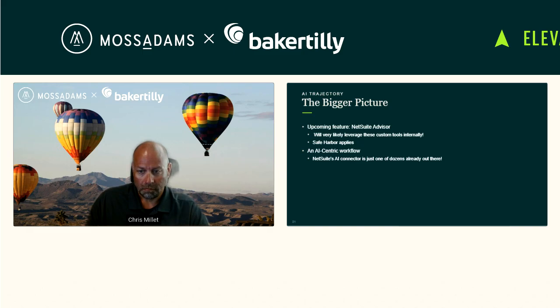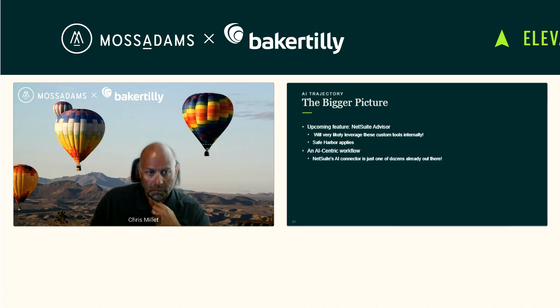It's not using Claude. It's using another model that NetSuite, Oracle, is hosting. Don't know much about it yet, but we can almost be assured that if you have these tools created, which will create vendors and create contacts and things like that, you will likely have access to these tools in that internal chatbot as well.